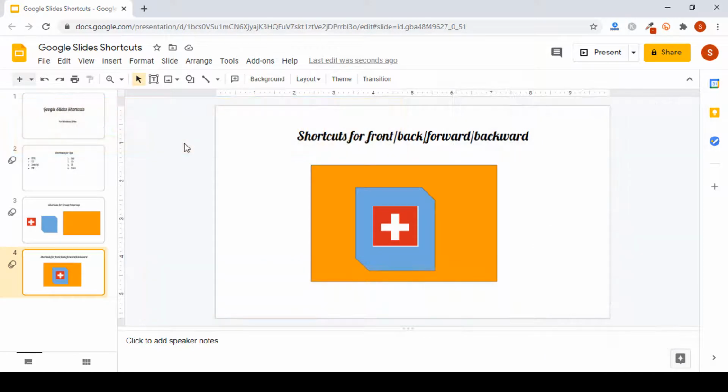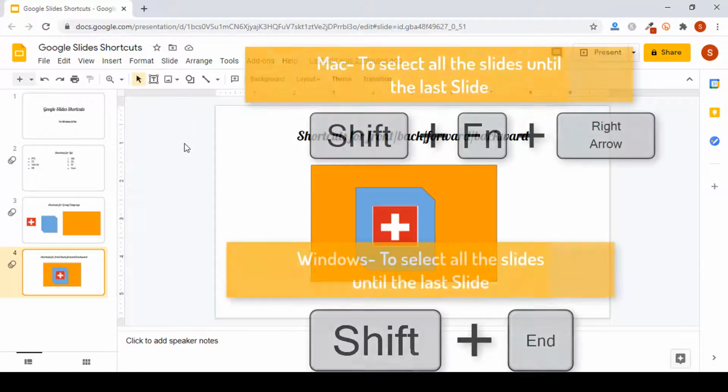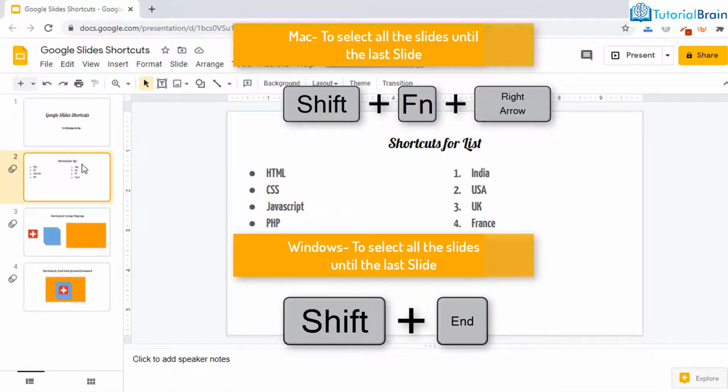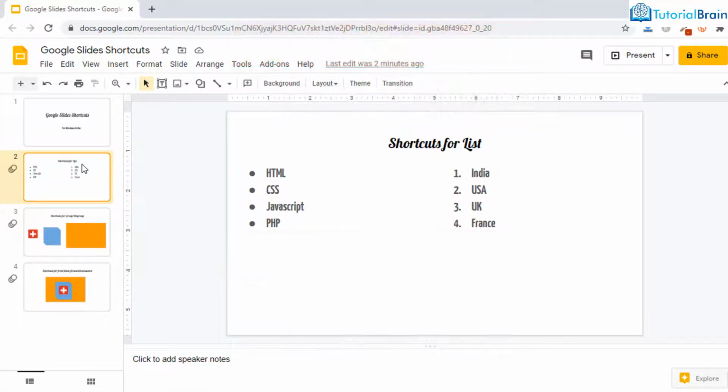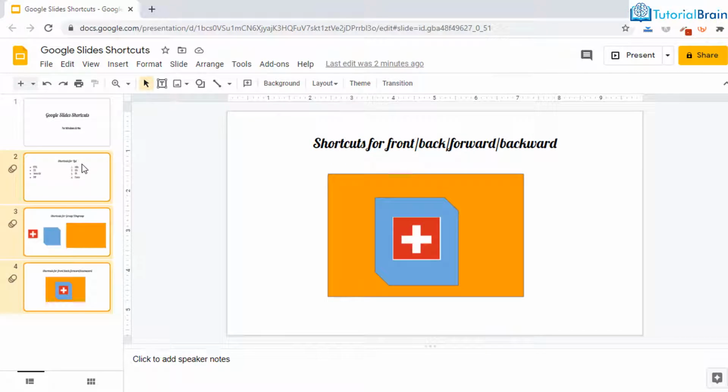Alright, similarly, let's say you want to select all the slides from a particular slide till the last slide, or till the end. Then go to that particular slide in the navigation pane and press Shift and End. So let's say you are in this particular slide, and if you just press Shift with End, you will select all the slides starting from the second slide.